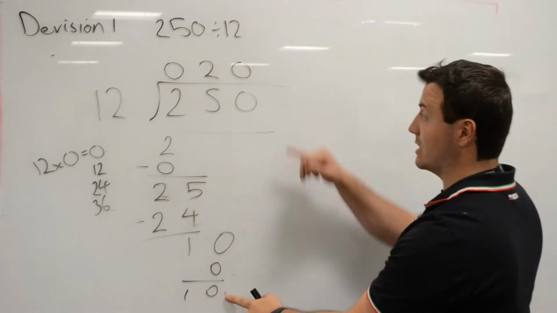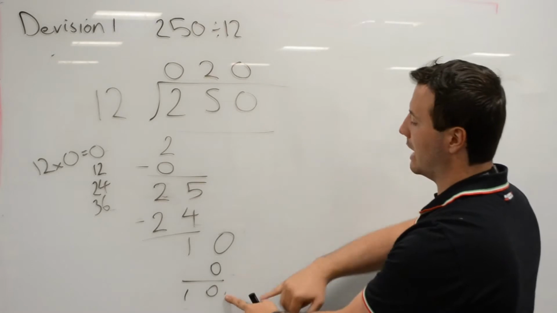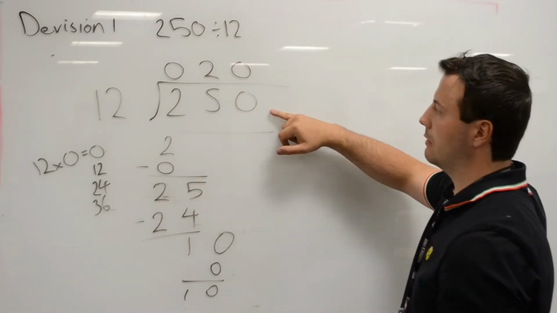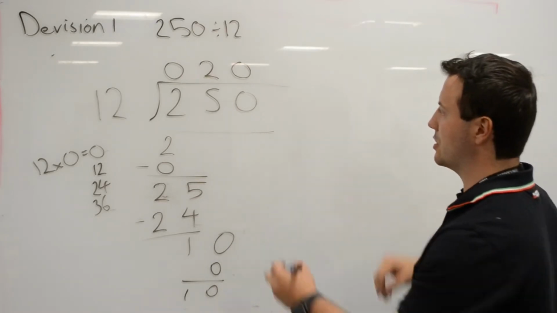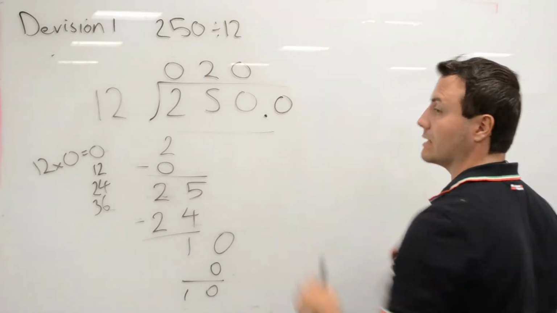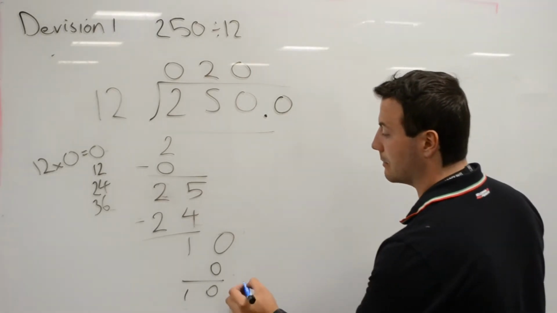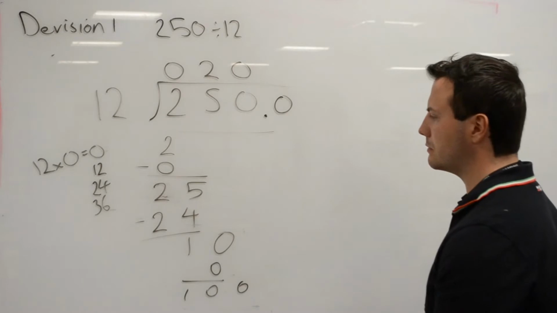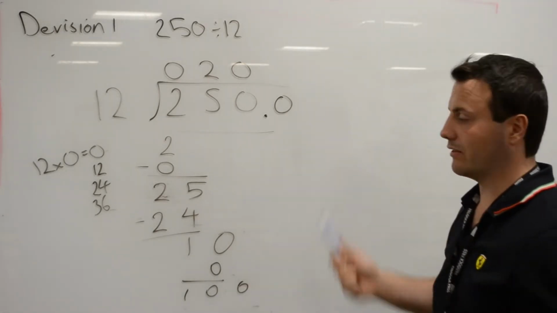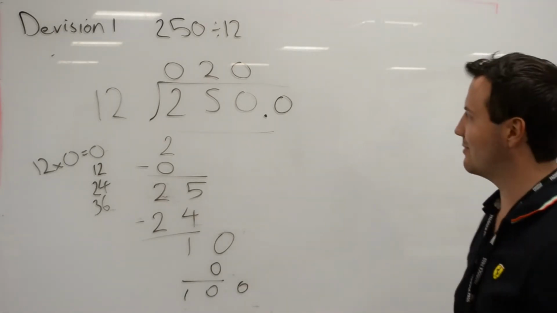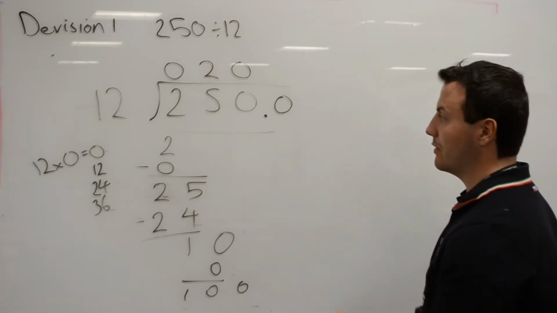Obviously we've still got a remainder of 10 while we finish with our question, so we have to add in zeros at the end of it. Then we can bring the 0 down, and then carry on. You repeat this until you have your final answer. Unfortunately, I think I ran out of space at the bottom here. But if we carried on,